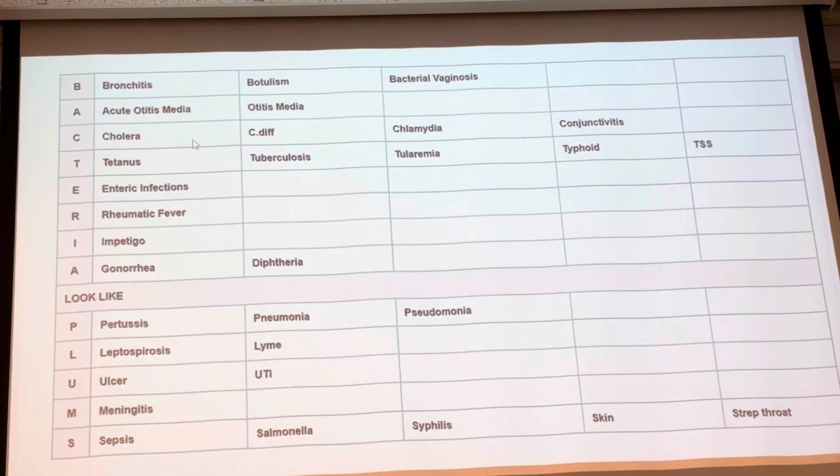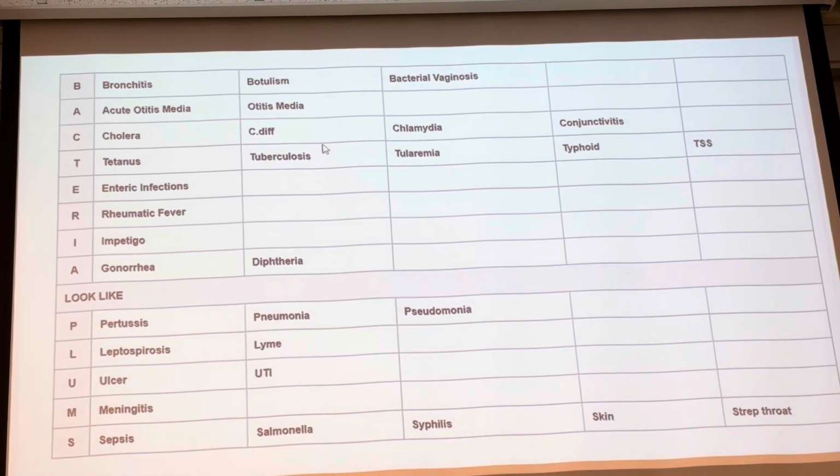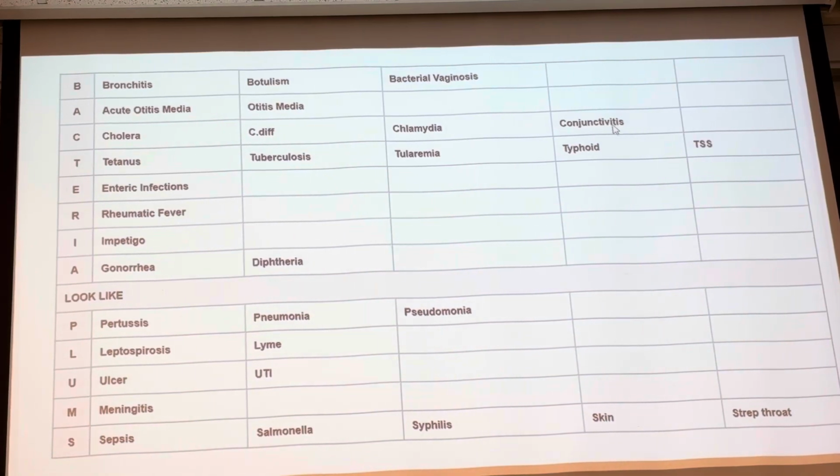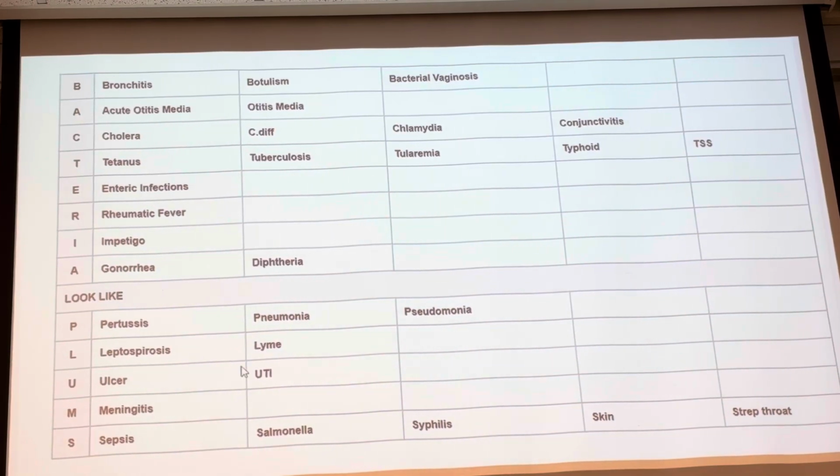Cholera, remember we talked a little bit about cholera. We talked about C. diff, we talked about chlamydia. Conjunctivitis is an infection of the conjunctiva of the eye. Tetanus, tuberculosis, tularemia. So we can go through these one more time before the midterm, but go through those on